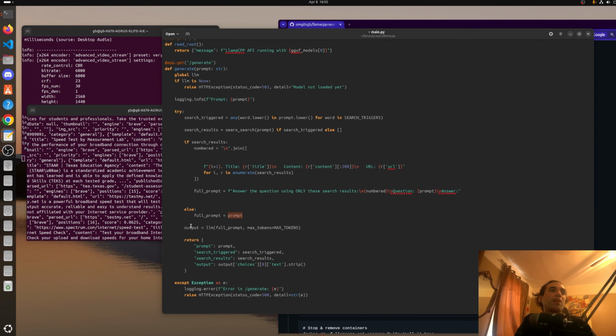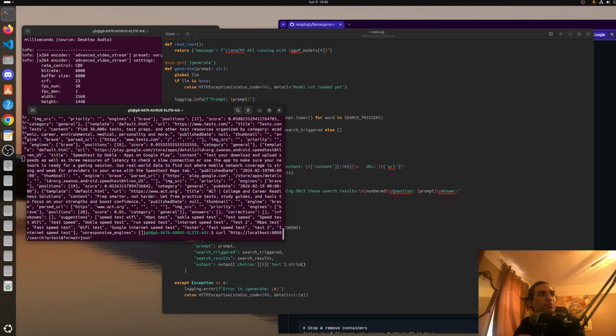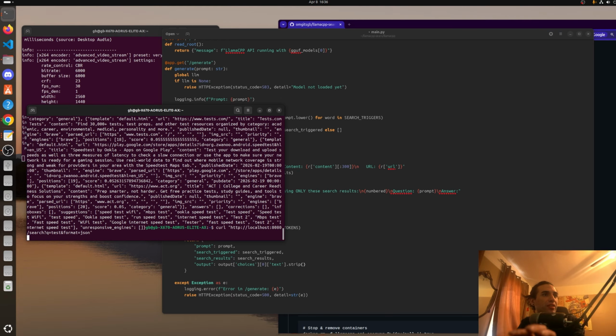And so now output is equal to LLM full prompt plus max tokens, right? So our full prompt is either equal to our prompt or our list of searches plus our prompt. So it's either equal to what we typed or the list of search results plus what we typed. And then we're just returning our prompt, search triggered. And what we're doing here is we're just returning the